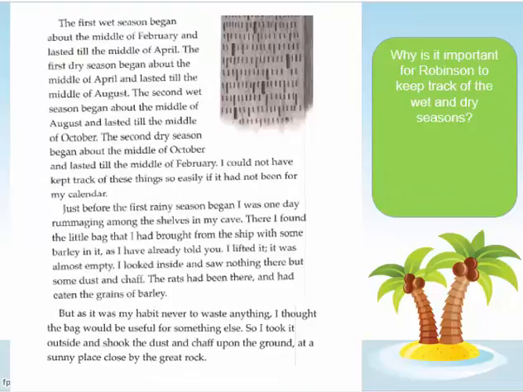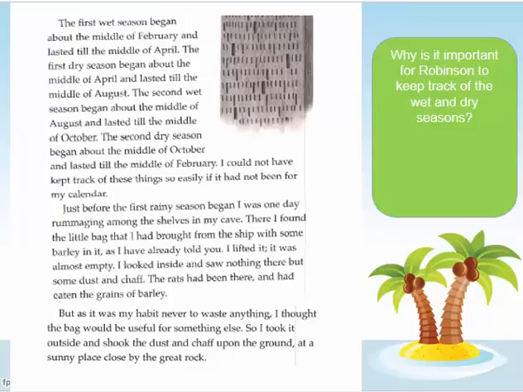So the first wet season began about the middle of February and lasted till the middle of April. The first dry season began about the middle of April and lasted till the middle of August. The second wet season began about the middle of August and lasted till the middle of October. The second dry season began about the middle of October and lasted till the middle of February. I could not have kept track of these things so easily if it had not been for my calendar. Just before the first rainy